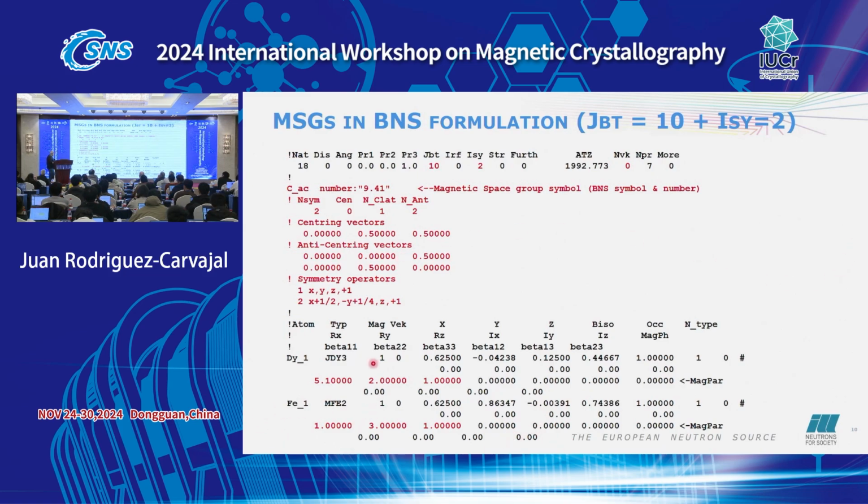When you see, for instance, JBT equal to 10, it is obliged, you have to use that, and you have the magnetic moment here in that part. Here you have, for instance, this atom, I don't know whatever name was invented. And you have these vectors. Then normally, the program will apply the constraints automatically.